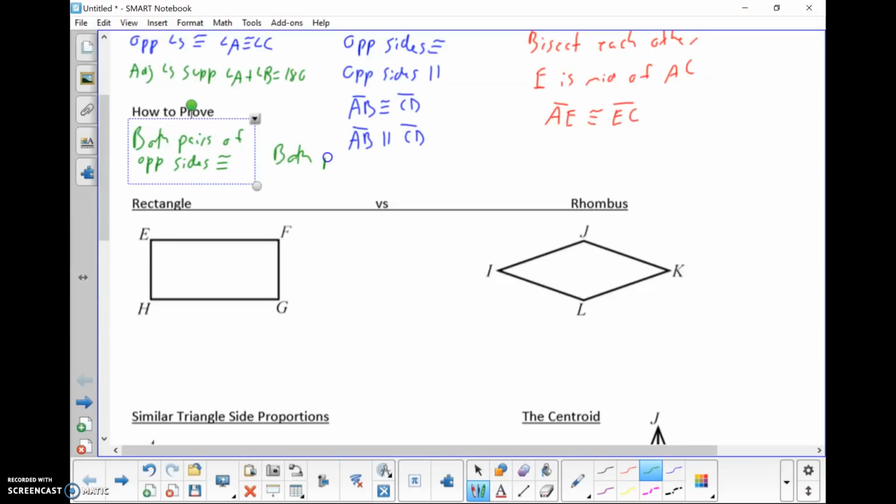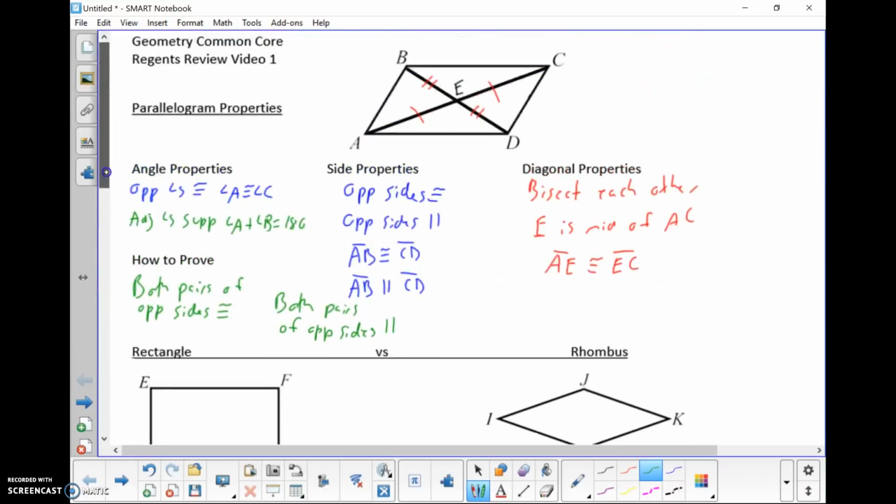Both pairs of opposite sides parallel. So, in this case, if I prove this is congruent to this and this is congruent to this, that would prove it's a parallelogram. Or if I prove this is parallel to this and this is parallel to this, that would prove it's a parallelogram. But it's got to be both pairs congruent, both pairs parallel,